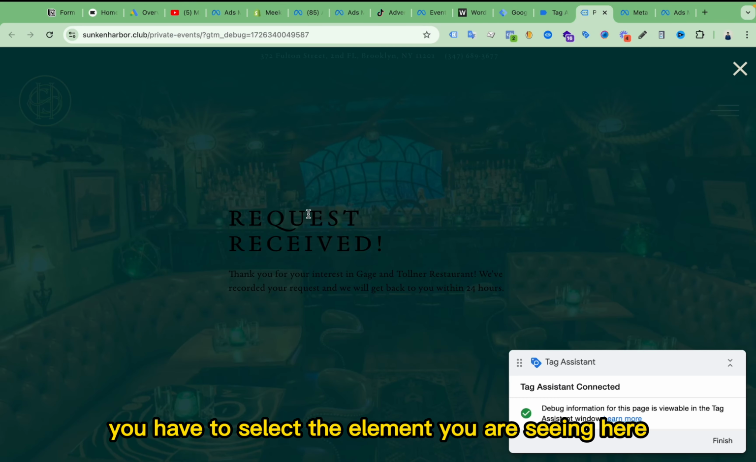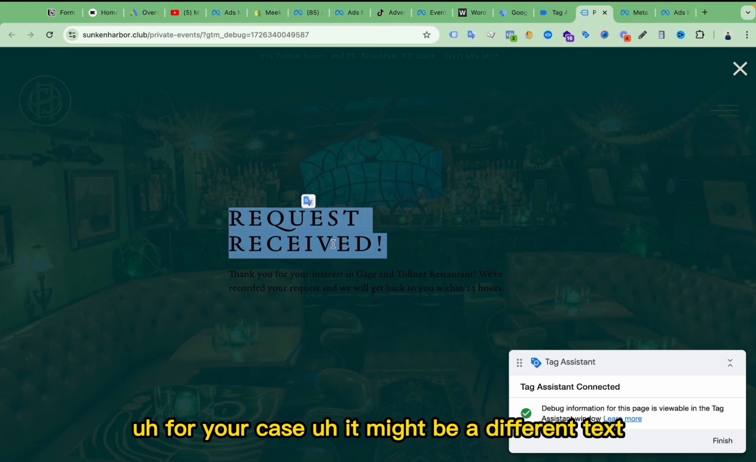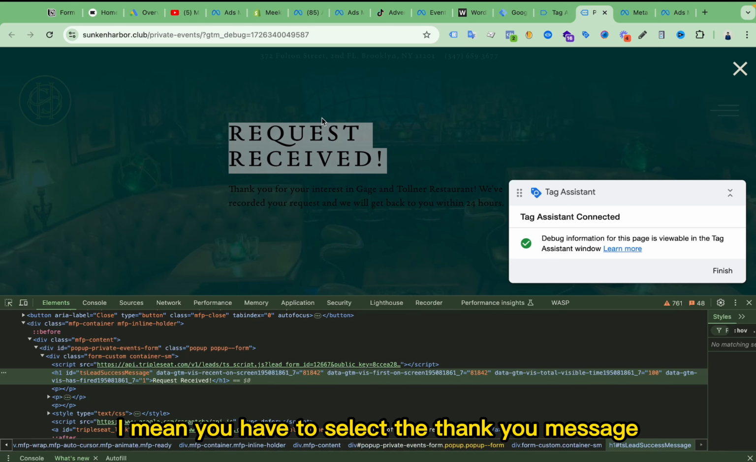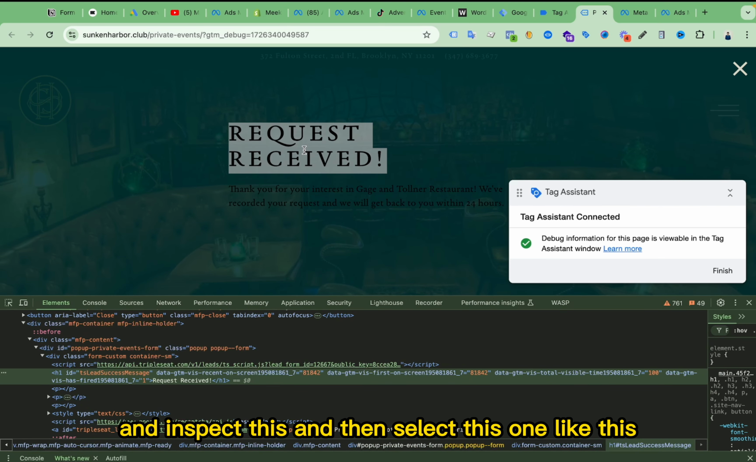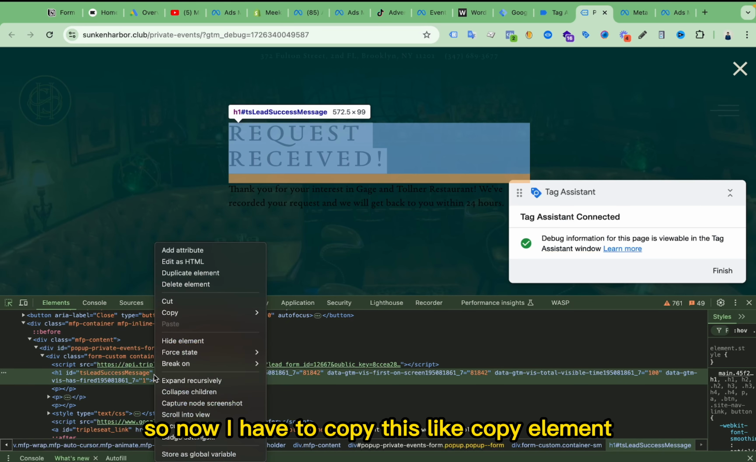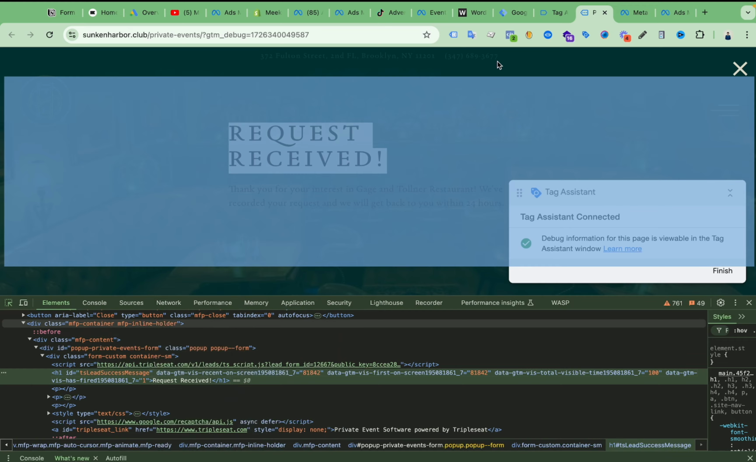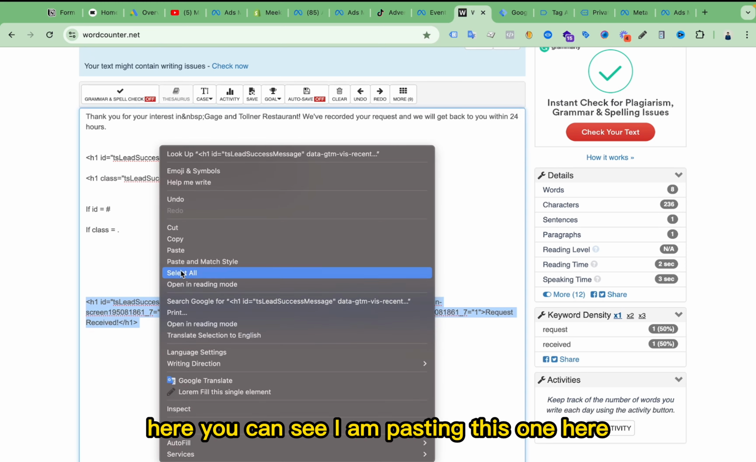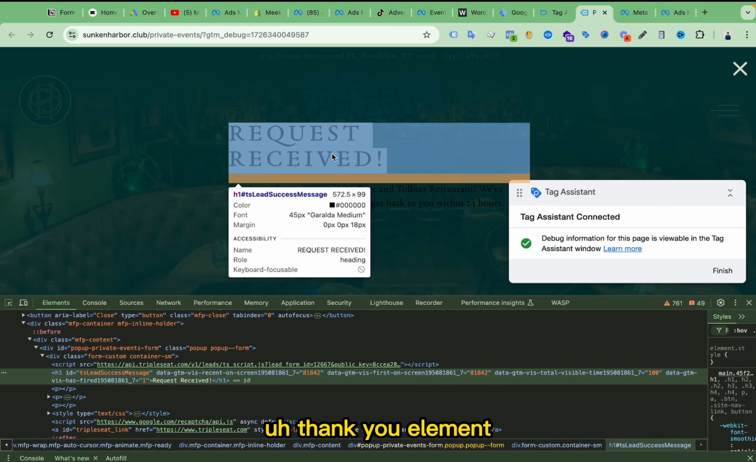To do this, you have to select the element you are seeing here. For your case, it might be a different text. Let's select this and click inspect. You have to select the thank you message and inspect this, and then select this one like this. If you click here on this arrow, now I have to copy this, copy element, and then paste this on a notepad. Here you can see I am pasting this one here. So this is my full thank you element,